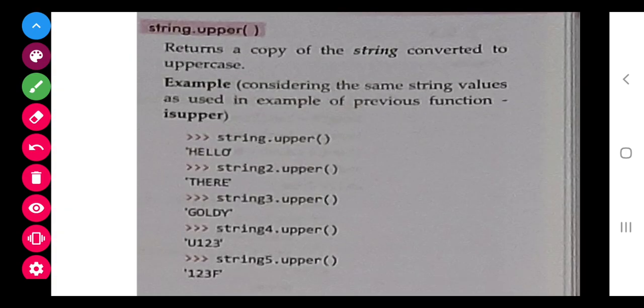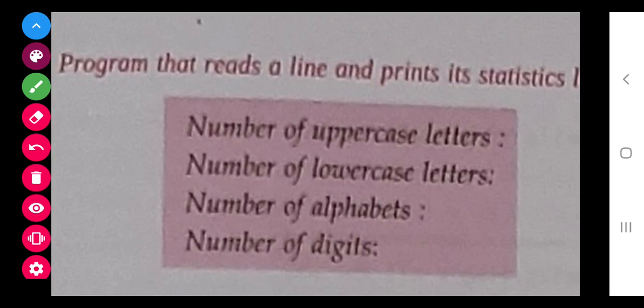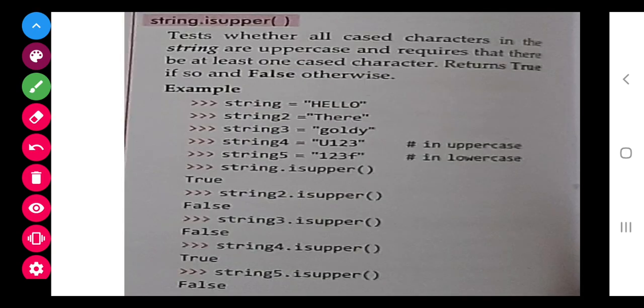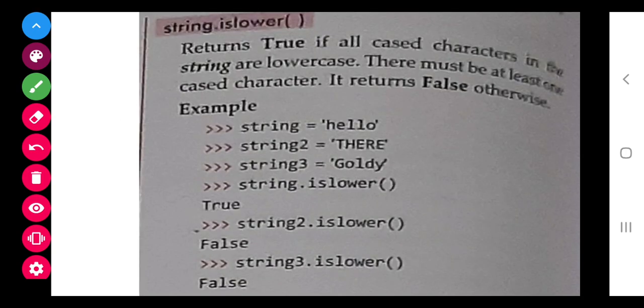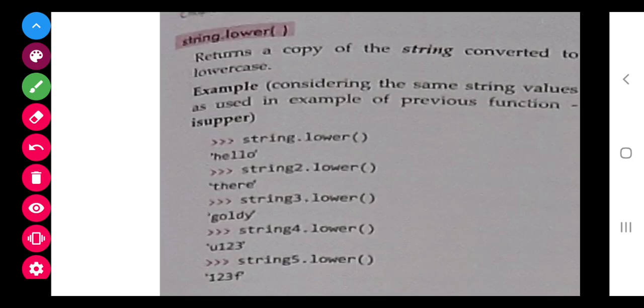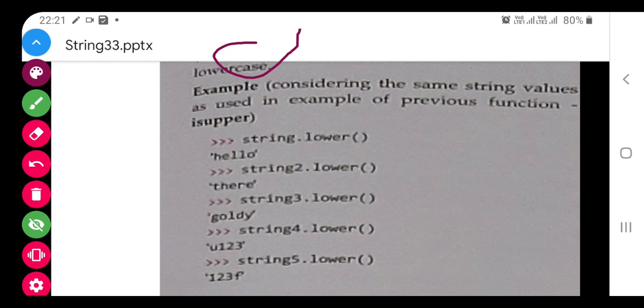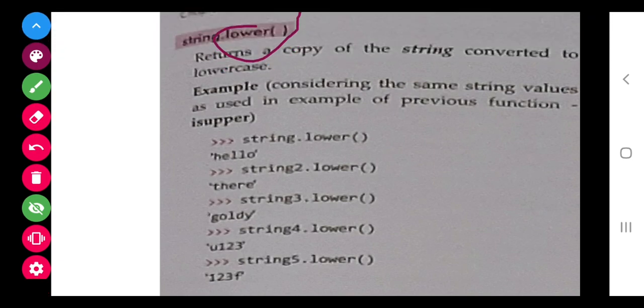Islower we have done, isupper we have done. Now lower, this is to convert. The previous one was islower, and this is only lower. Islower will return true or false, but lower will convert into lower case.